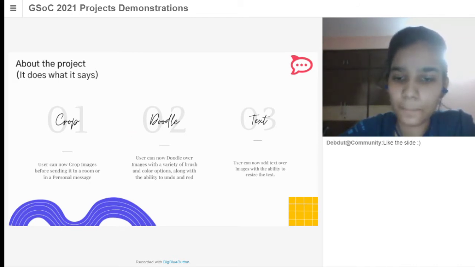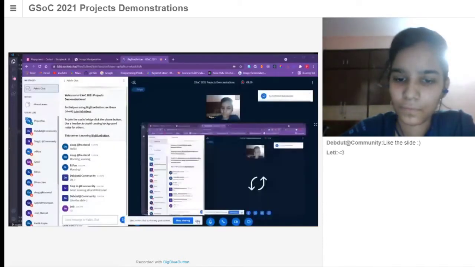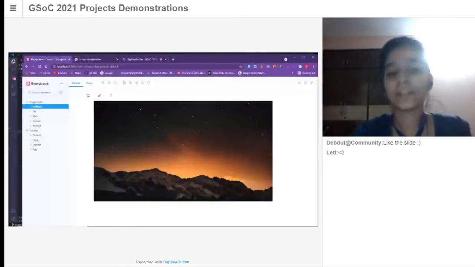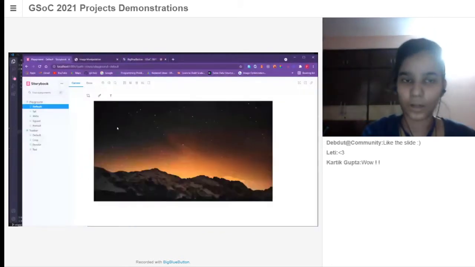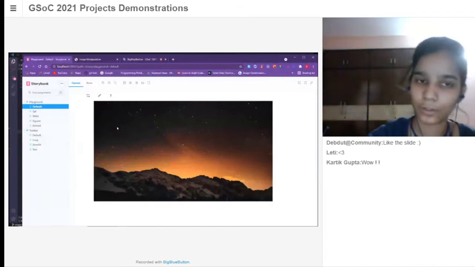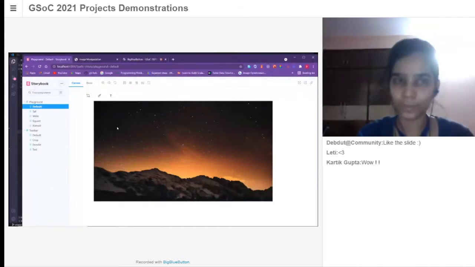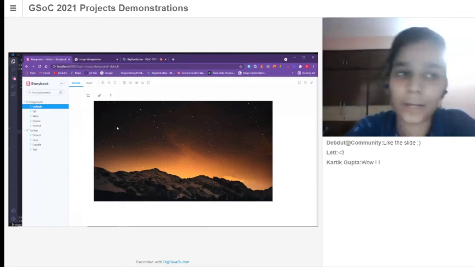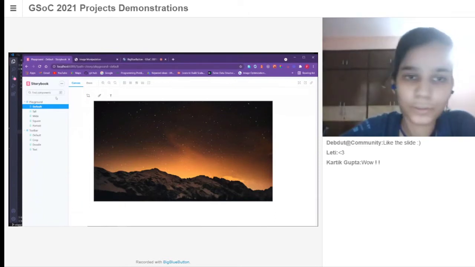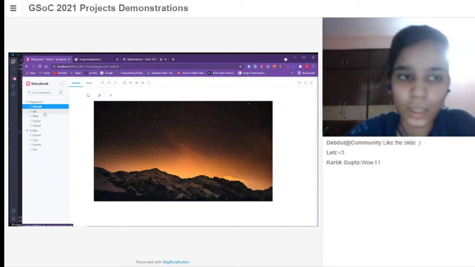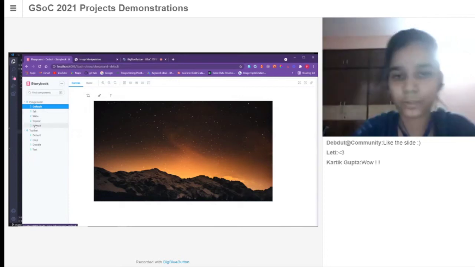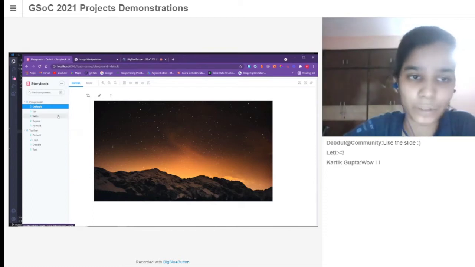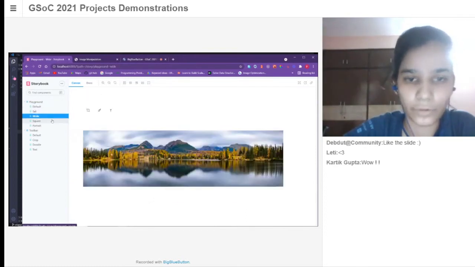I'm sharing my screen. Right now, this project is running on the Storybook because this project is a part of the Fuselage Monorepo. It is a package over there, and like all the Fuselage packages, this project is prototyped in the Storybook. We have multiple stories over here depicting the various case scenarios, such as image dimensions might be tall, wide, square, or portrait.